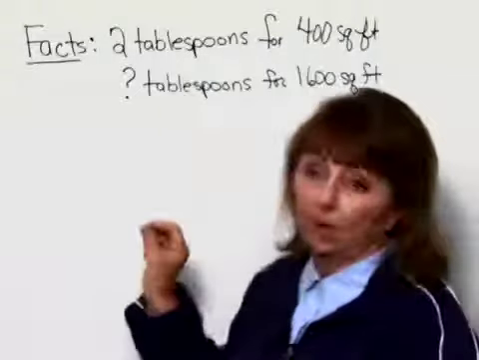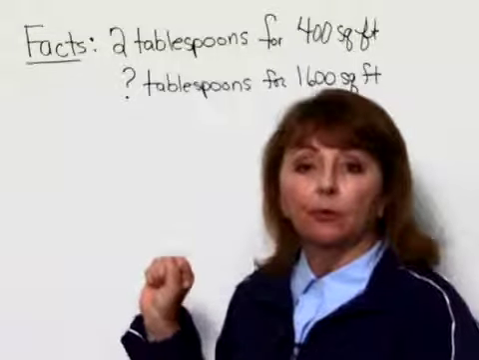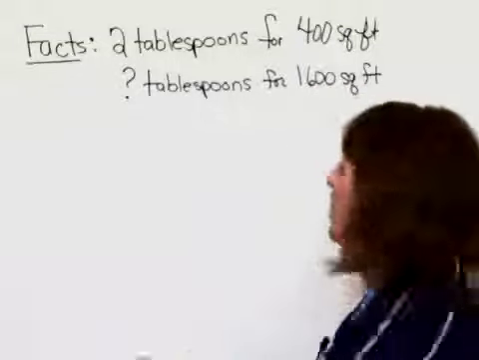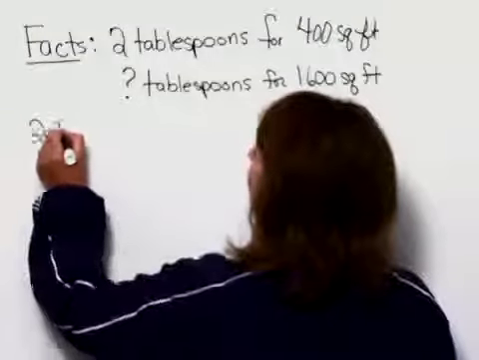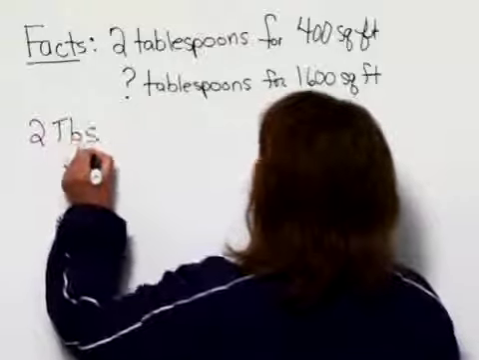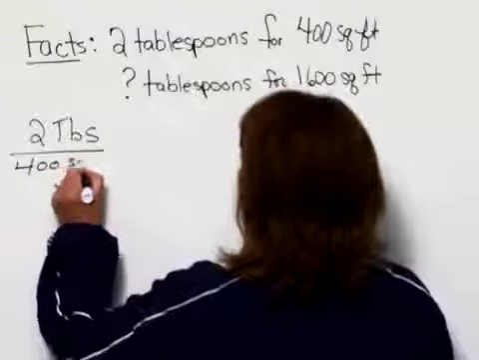Now looking at this problem and deciding what we have to do, this is a problem that requires that we use proportions. So let's write our proportion. We have 2 tablespoons for 400 square feet